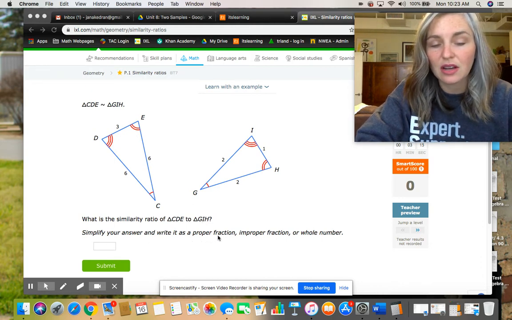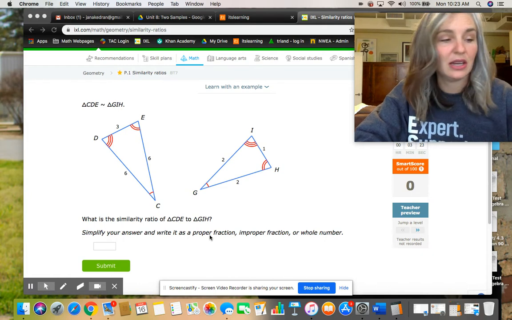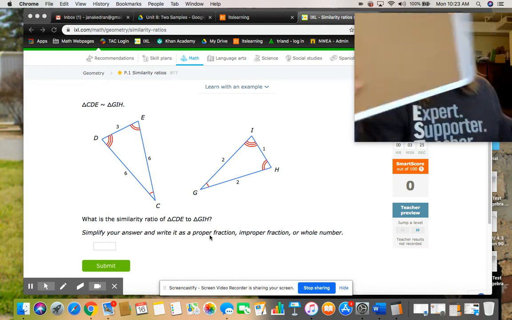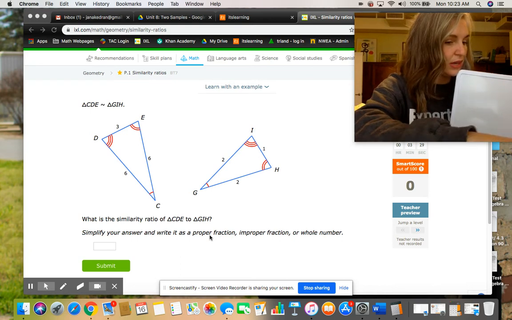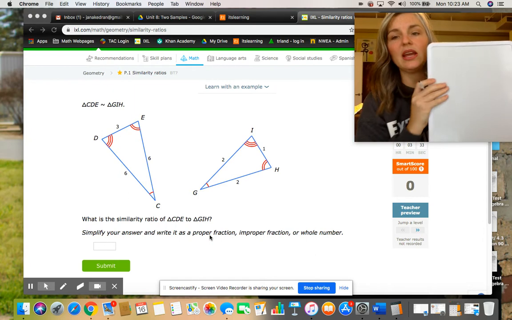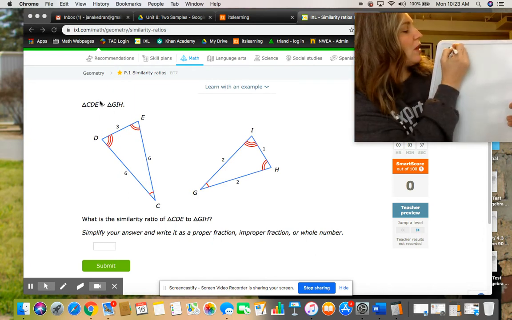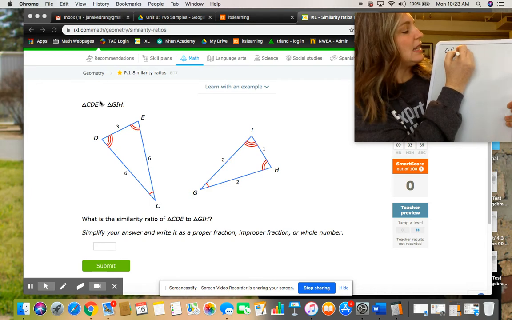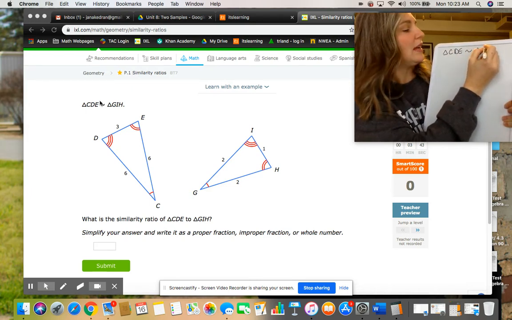your answer, writing it as a proper fraction, an improper fraction, or a whole number. That means your fraction should be simplified. So I'm going to use my board here because I like it better than trying to write on the screen like I was doing earlier. My recommendation for doing this is to write your similarity statement, which you see right here is triangle CDE is similar to triangle GIH,